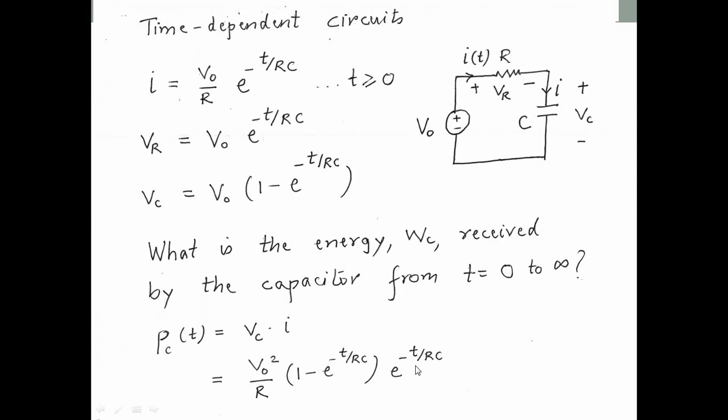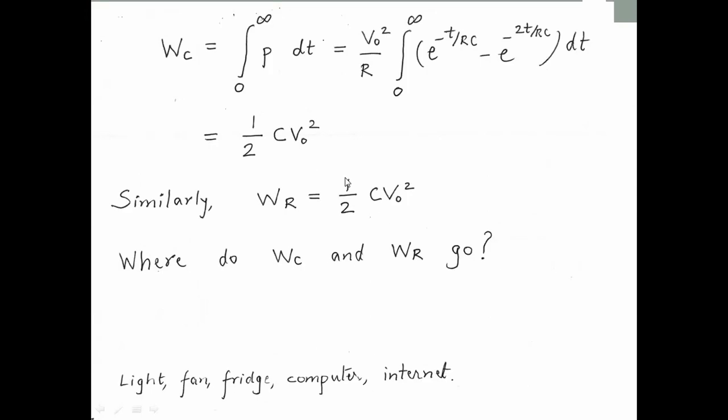What is the energy? How do we find the energy given the power? And given that this is a function of time, what we have to do is integrate this quantity from t equal to 0 to t equal to infinity. So we said energy delivered to the capacitor is integral 0 to infinity p dt, and that turns out to be this, and I am leaving for you to integrate this, which is very straightforward. So if you do this, you'll find that the energy delivered to the capacitor is half C V naught squared, where V naught is the voltage source voltage.